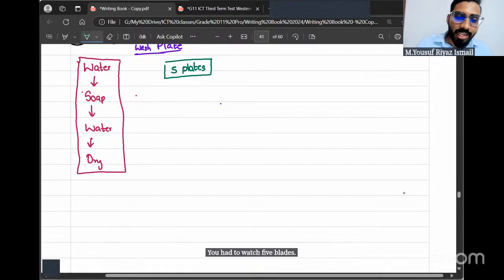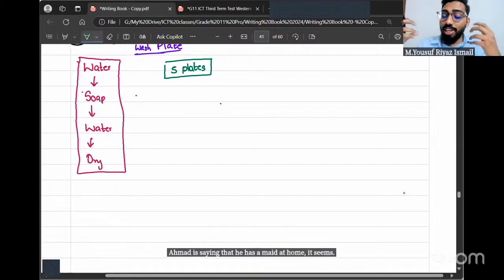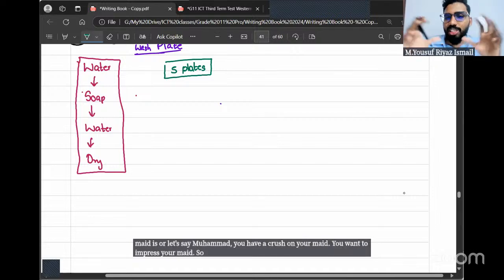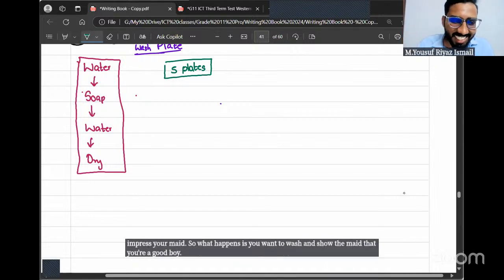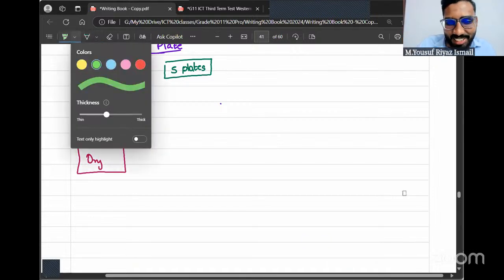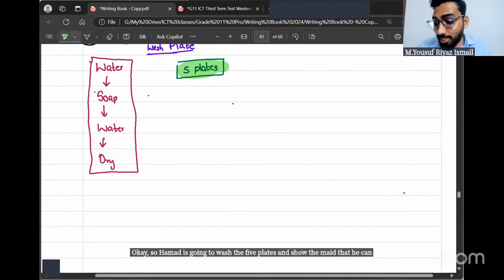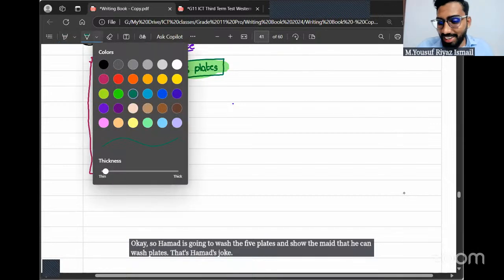Hamad is saying that he has a maid at home, it seems. Hamad, let's say you have a crush on your maid. You want to impress your maid. So you want to wash and show the maid that you're a good boy. Okay. So Hamad is going to wash the 5 plates and show the maid that he can wash plates. That's Hamad's joke. Okay. So